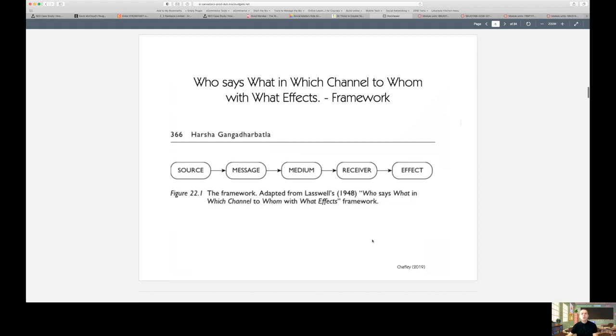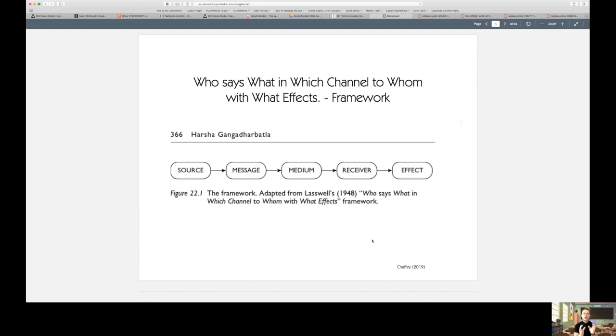Now, who says what in which channel to whom with what effects framework? Now this framework by Jaffe, which was adapted from Laswell in 1948, relates very well to the idea of social media. Why does it? It does because